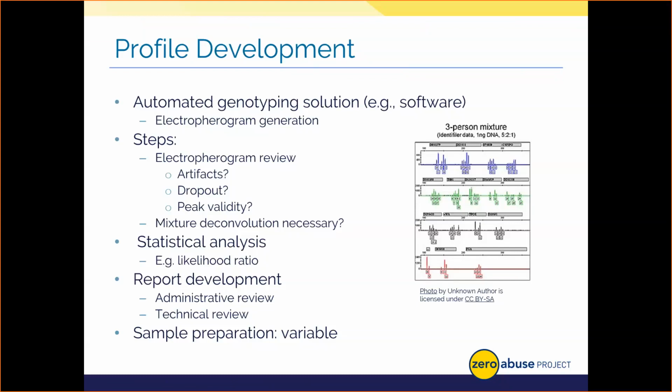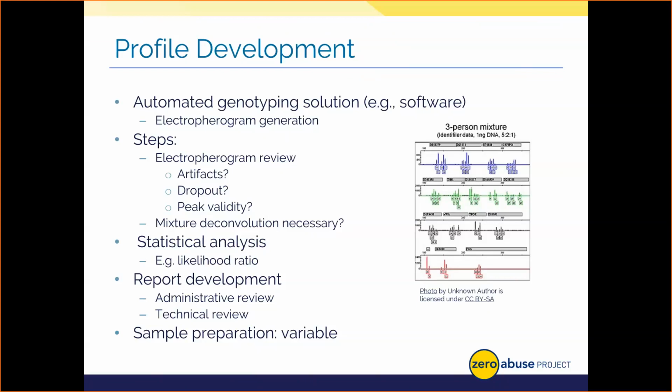Both analytical and stochastic thresholds are used to establish and increase confidence in the accuracy and quality of our electrophoregram profile. We establish these thresholds through extensive validation studies, something I'll talk about in just a little bit. So your electrophoregram can actually be used to tell if there's a possible mixture of 2 or more people. If there is, we can use software to help us deconvolute or separate out profiles from that item. We can only do this with so many people. Typically, your programs only look at deconvoluting 2 to 4 person mixtures. So there's going to be some limits.